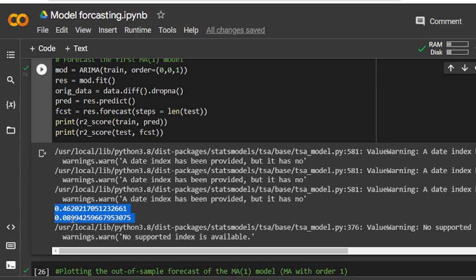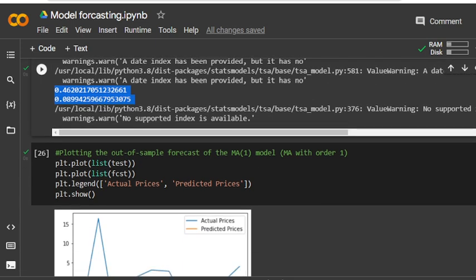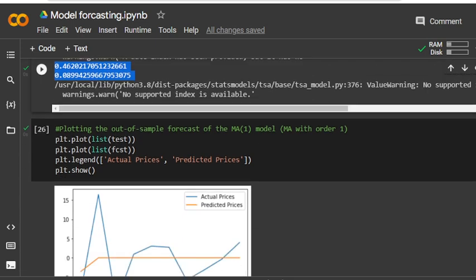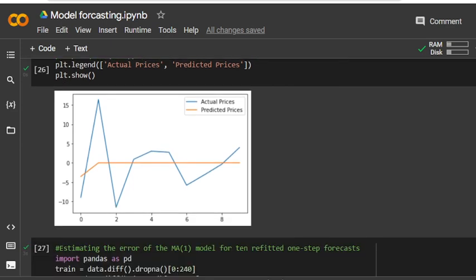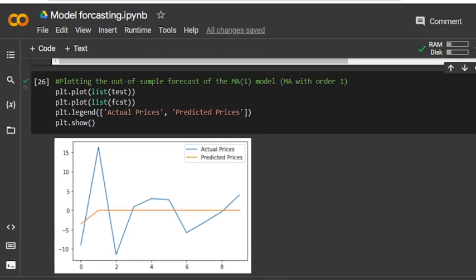Let's plot the out-of-sample forecast of the MA model with order one. Now I am plotting this data: the out-of-sample forecast of the MA model, with the test and the forecast, and a legend for actual price and predicted price.